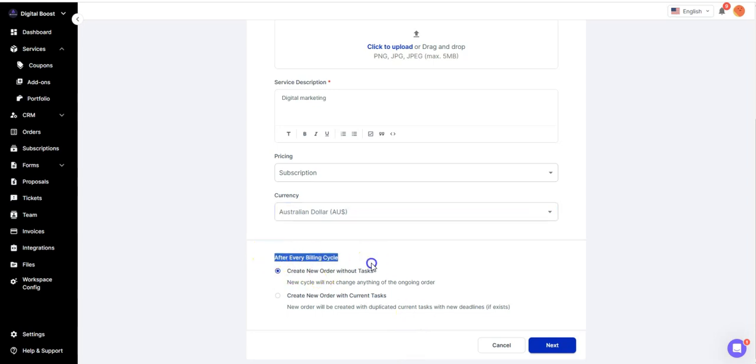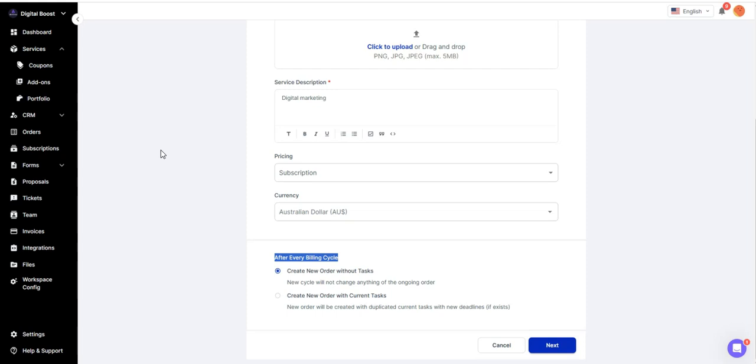And now this part, right? Whenever someone creates a service and say a client purchases a service, we create an order here, right? And within each order, there are tasks in order for you to complete that order. For example, if it's a digital marketing service, there might be 5 tasks within that. Given this is a subscription base, say it's a 1 month long subscription, what happens at the end of each month? We create a new order at the end of each month,